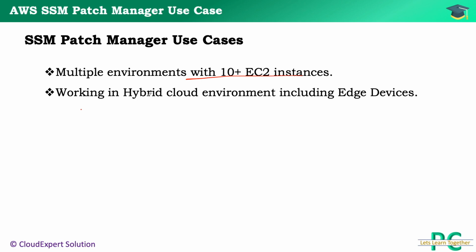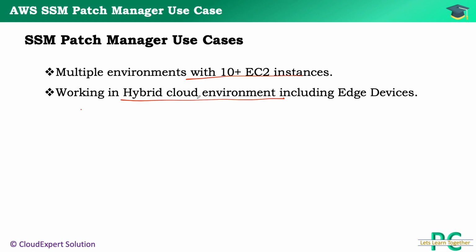Next, you may be working in a hybrid cloud environment. Now, as you know, a hybrid cloud environment means you have some workload in the AWS cloud as well as some workload in your on-premise data centers, or even you are working with other cloud providers. Also, you might have edge devices, like IoT devices. It could be AWS IoT devices. It could be other than AWS IoT devices. If you have any such use case, using SSM Patch Manager you can apply operating system and security patches seamlessly and